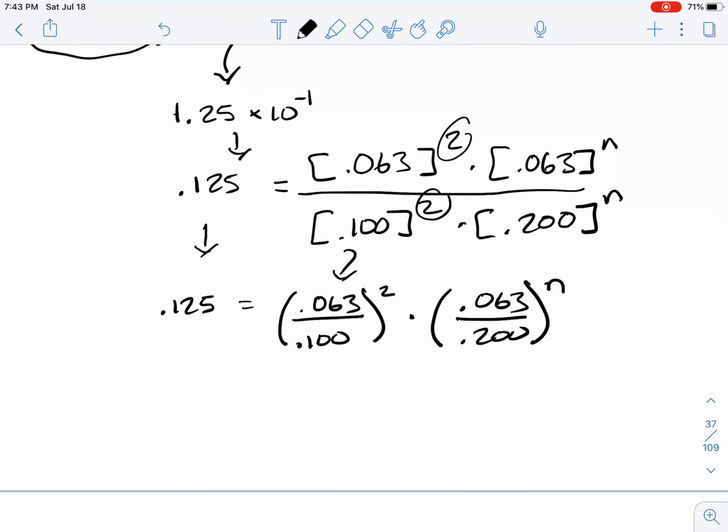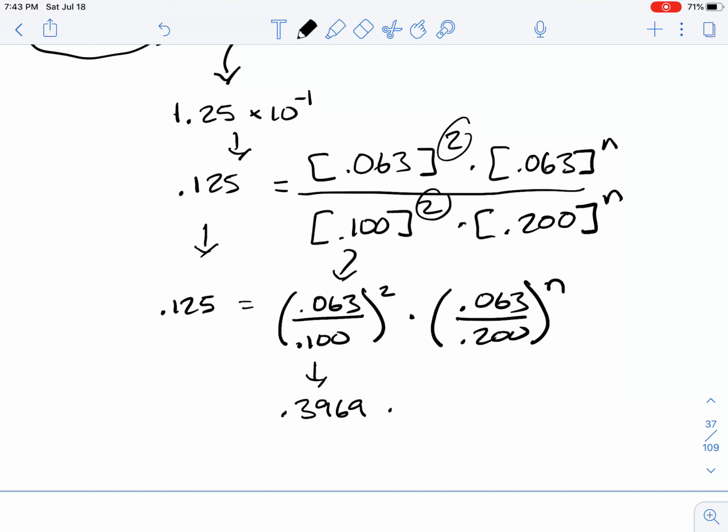Okay. So here we have 0.063 divided by 0.10, and we're going to square that value, and that's going to give us 0.3969